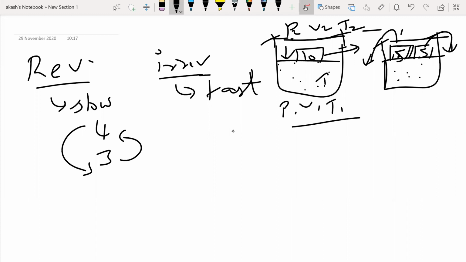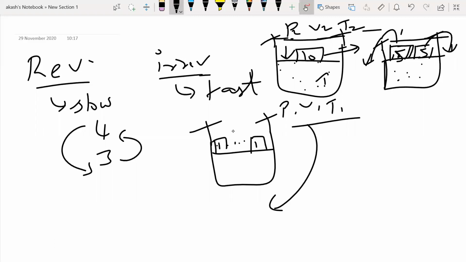I can make the process a little more slowly also if you want. Say now I have 10 1 kg masses, right? Again, I'll have the stopper, same thing. Again, initial condition same, P1, V1, and T1. So now again, what I do, first 1 kg mass, very slightly moving up, second 1 kg slightly. Now the 10th 1 kg mass, if I remove, again, the piston is going to move here.